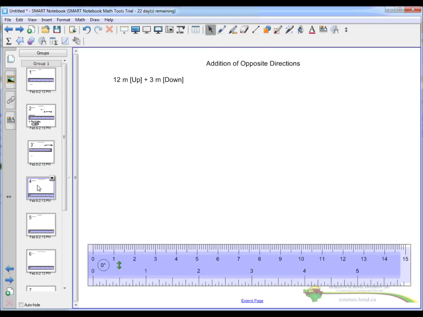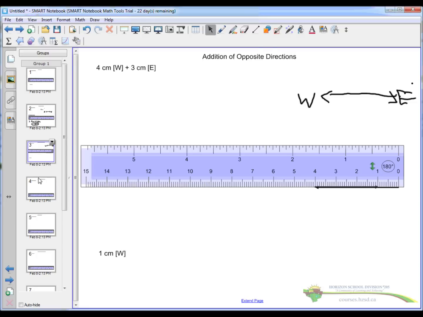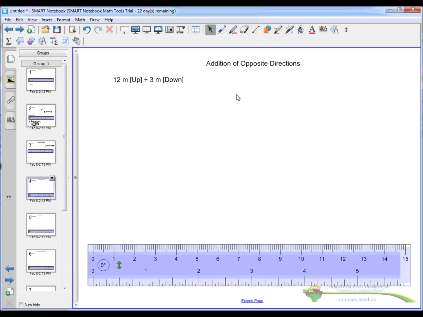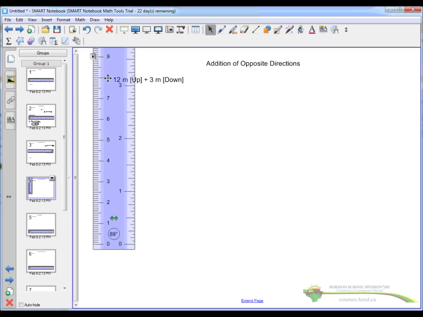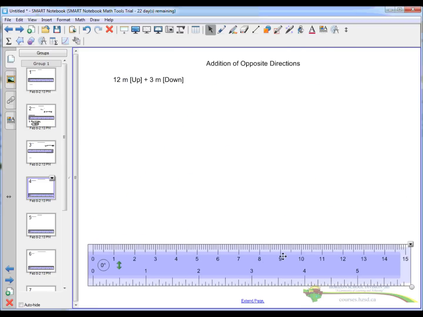All right, a little bit more difficult ones here. Addition of opposite directions. I'm sorry, another example of the same one. The reason I want to show you this one is up and down. We could turn our ruler vertical if we wanted and go up and down, but we don't need to. As long as you define your directions,